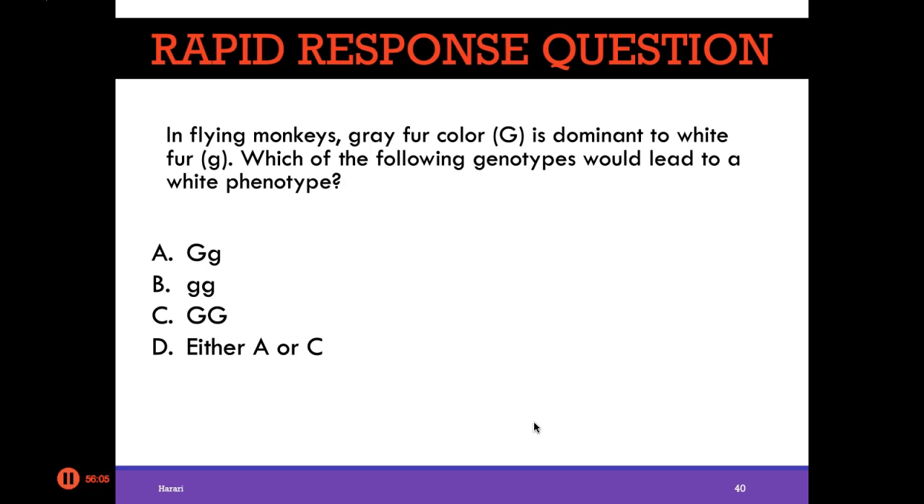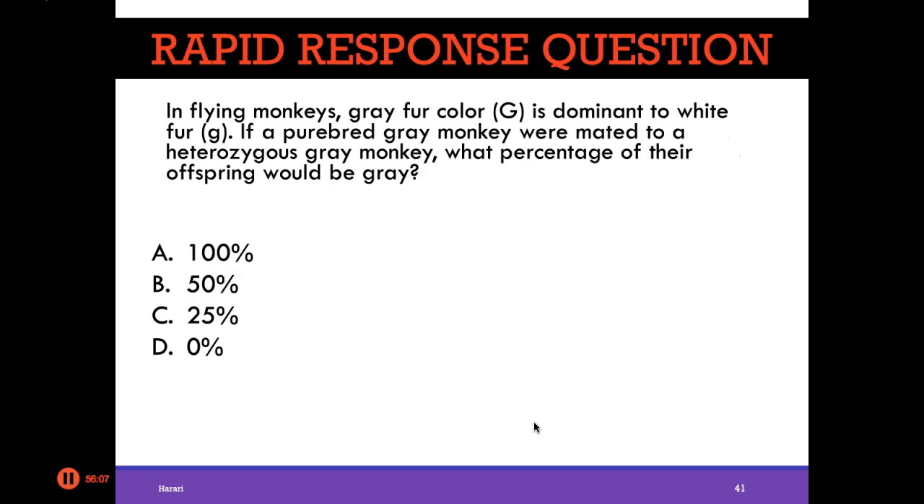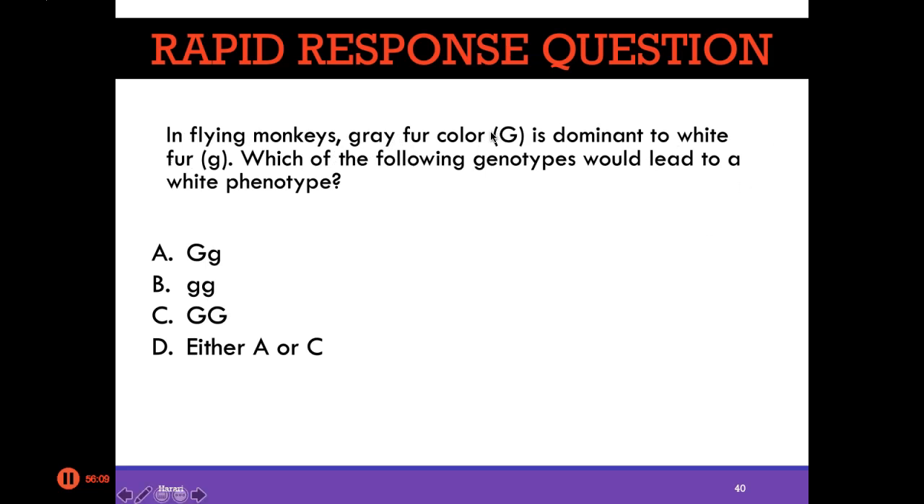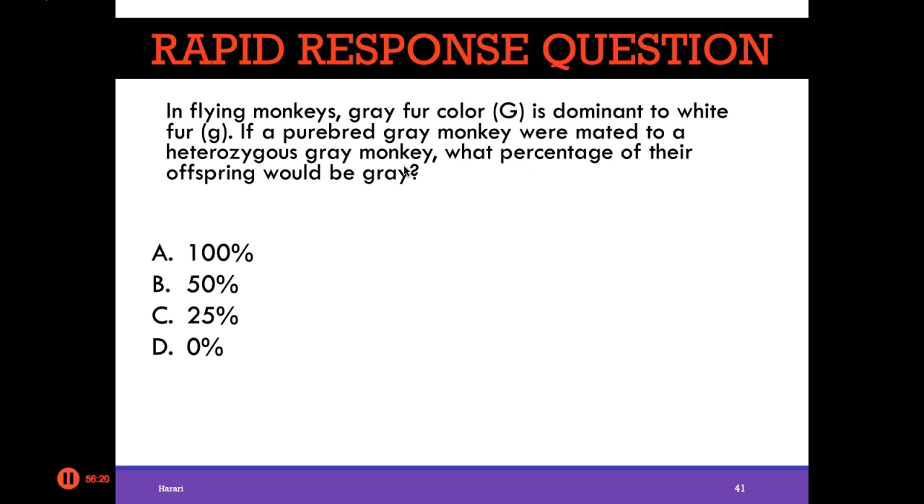Right? Only little g would lead to a white phenotype. And of course, you have to be told what big G encodes for and which is dominant to which, right? You're not going to have to guess on an exam and remember which is dominant, which is recessive. In flying monkeys, if a purebred gray monkey were mated to a heterozygous gray monkey, what percentage of their